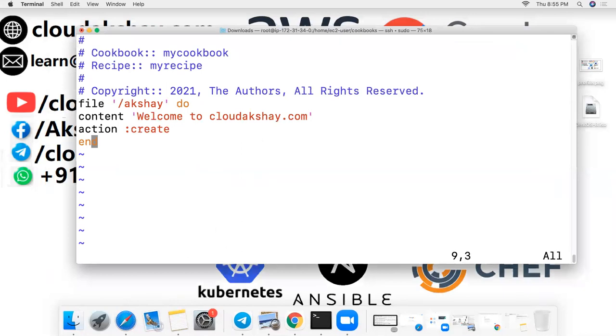So you can write multiple code in a single recipe file. Okay. So if I update another action here, like welcome to cloudakshay.com, and I update something else like Tasin is learning DevOps.